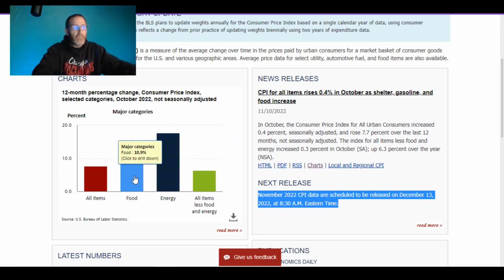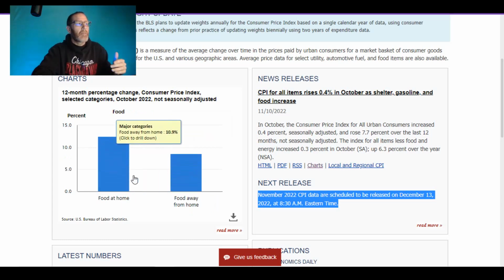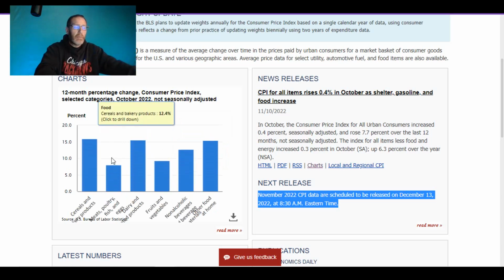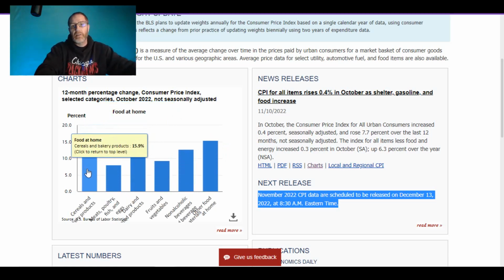Let's drill into the food bar. So you click on food. Now, food is at 10.9, a lot higher than 7.7, isn't it? We've got two categories, food at home and food away. Let's talk about food at home. Why? Because I'm at home and eat. Oh, kids, like my son who eats how many boxes of cereal a week? Cereal is up